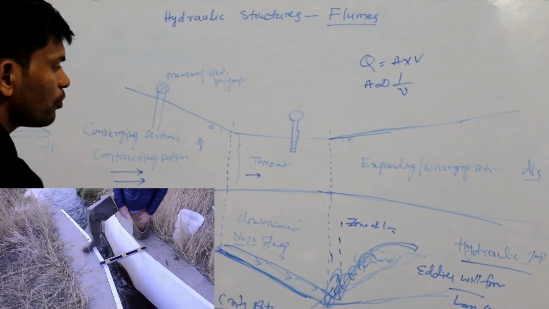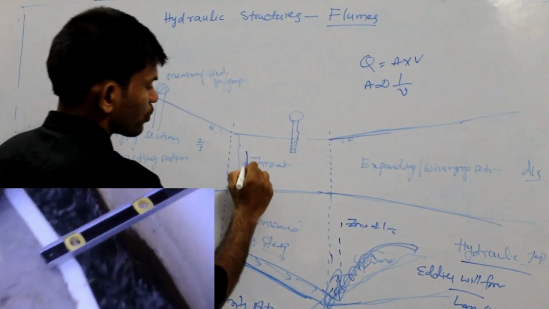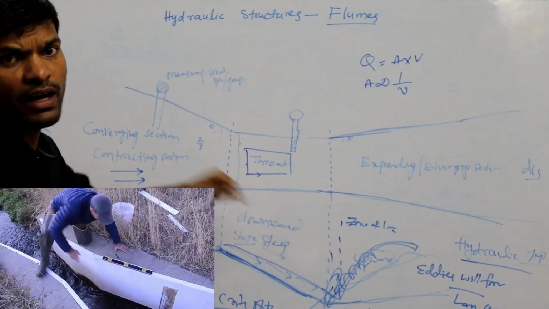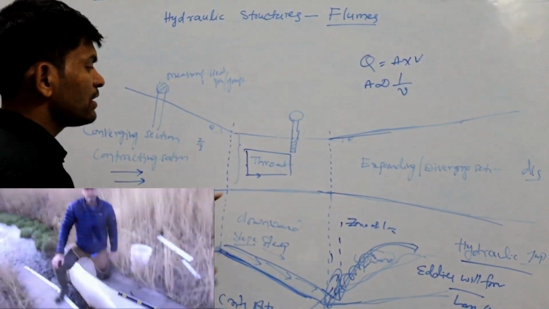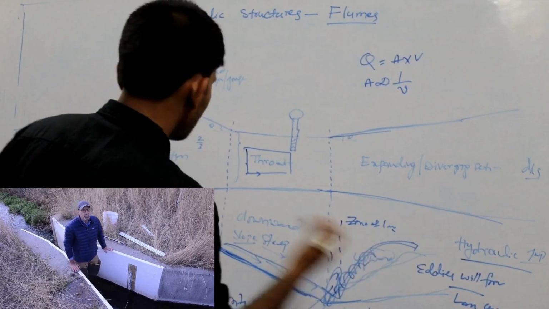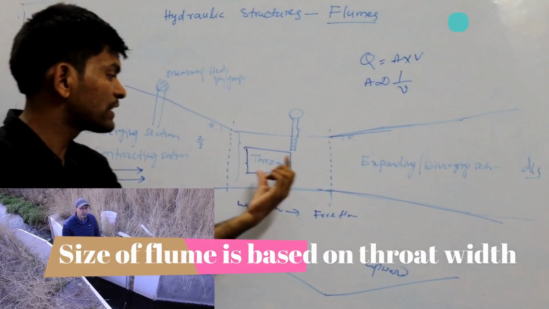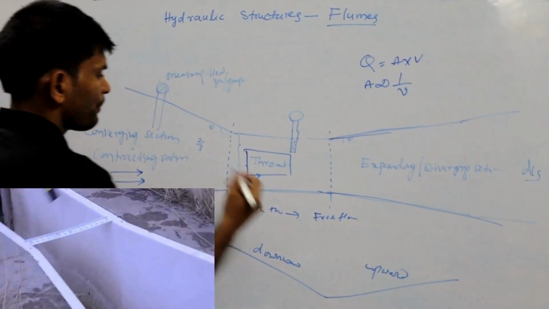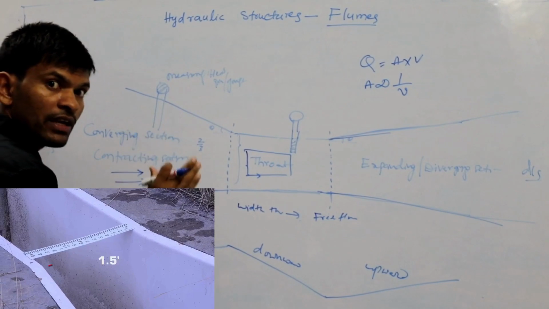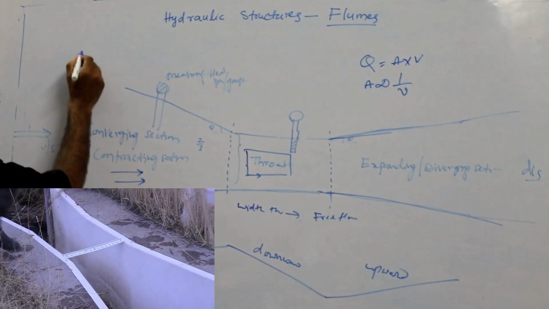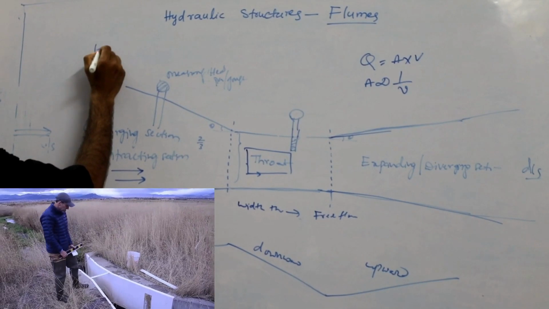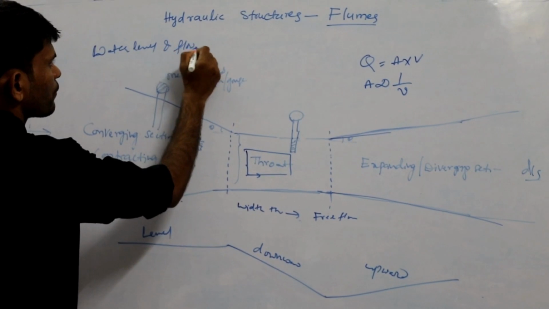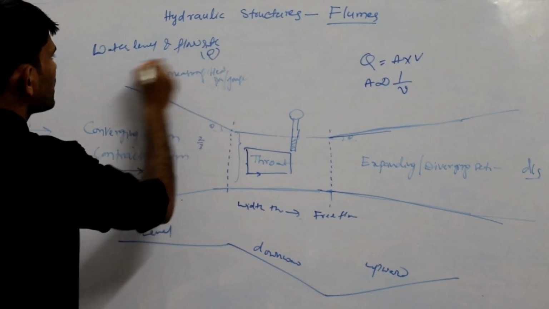Okay, the size of the flume is decided based on your throat. So small, medium or large. Normally the throat size varies. Okay, different width sizes have been provided, different partial flume sizes. Now see, this partial flume, I told you, gives the relation between your water level in the flume versus your flow rate. That is your head. Means here this is your head.